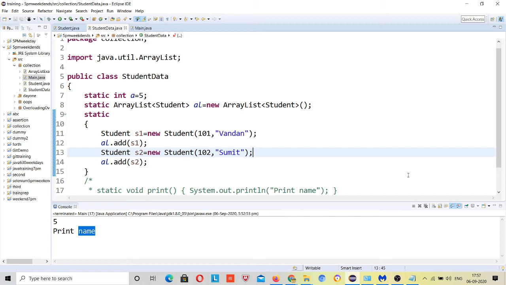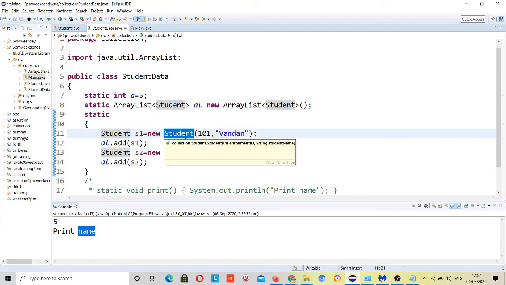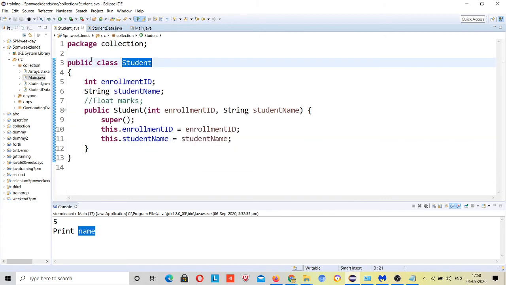Yes, in the student.java, when you have initiated the default constructor with parameters, super came. But here we don't have any constructor, right? I have not created anything here. I'm talking about the student.java.